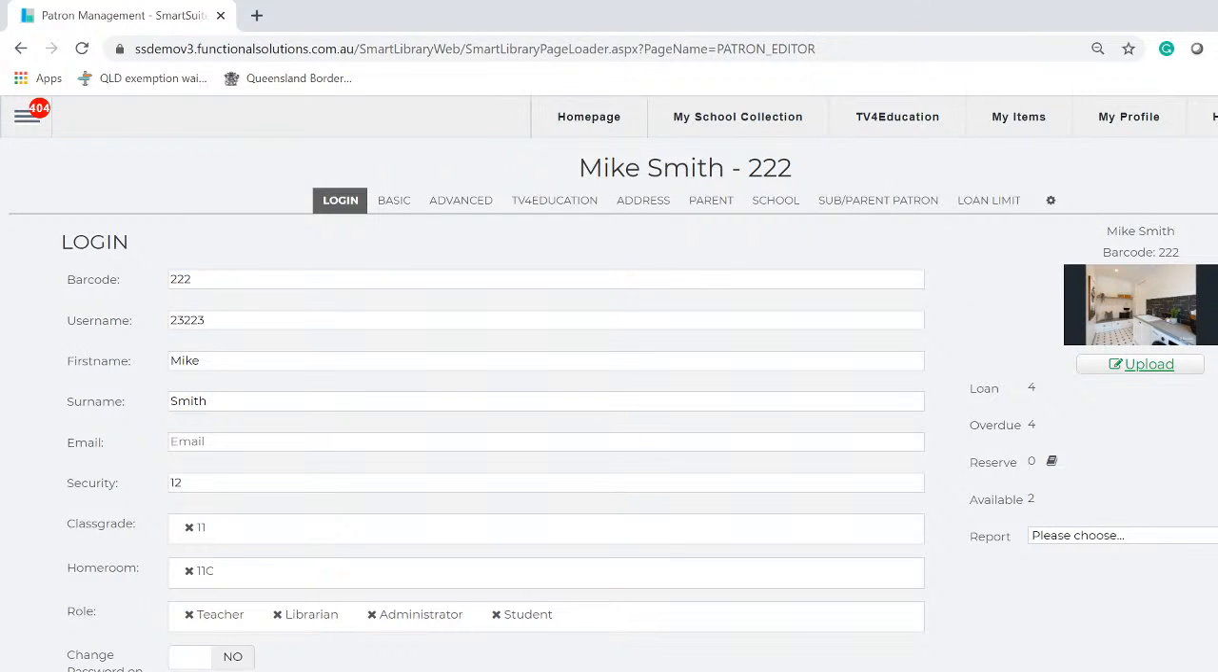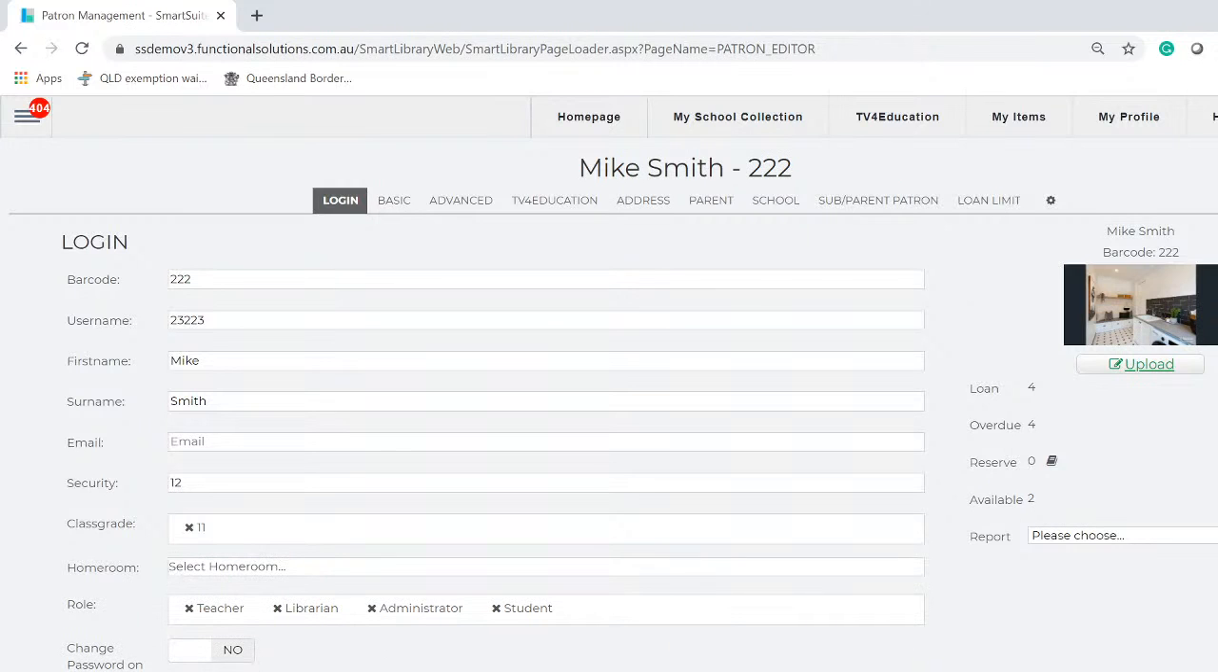Now, let me demonstrate two kinds of authority files. All the authority files have two types. So let's do the homeroom. I click here and I'm going to add, first of all, let's get rid of 11C. So I need to put an entry in here. So if I click in here and